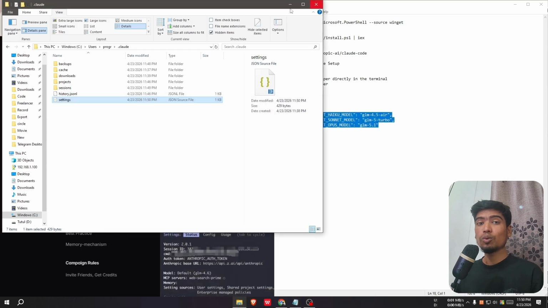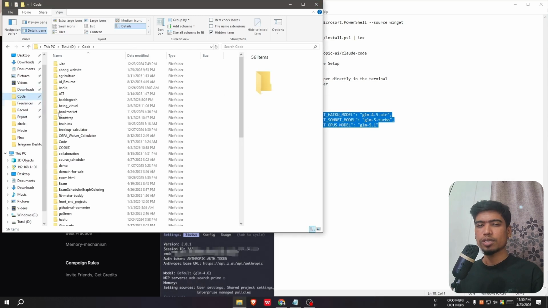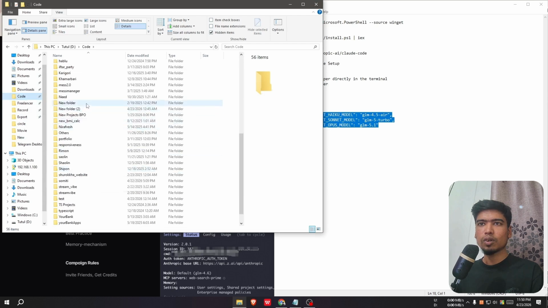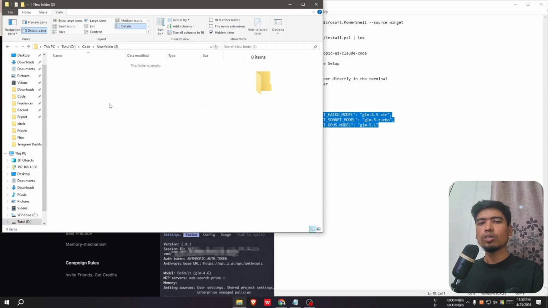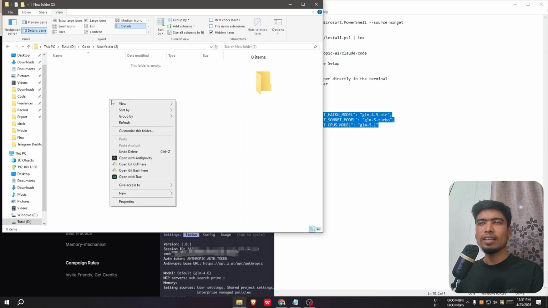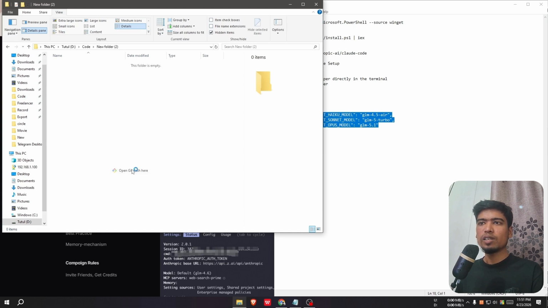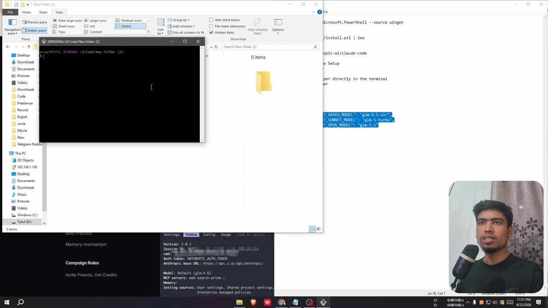Close it. Now we have to open Claude Code from a project folder. So let me open it from a project folder. We want to open our Claude Code in this project folder. So right click it and look for open git bash. So yes, here if we type Claude,